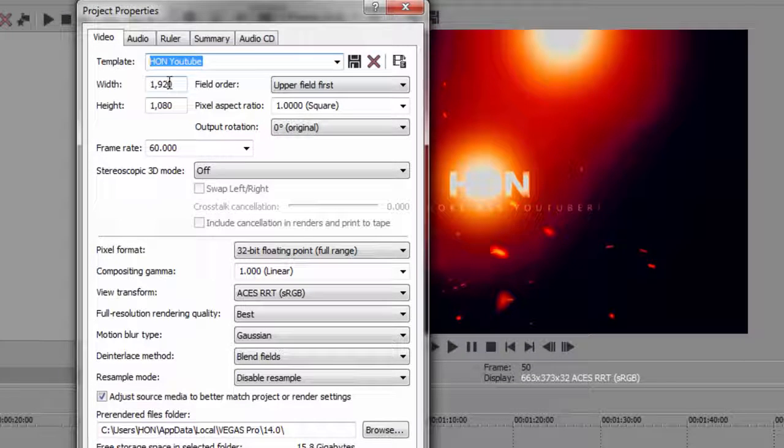So let's get started. It's 1920 by 1080. That's the same aspect ratio of the video that I put in, and it's lining up with my settings pretty nicely. Now, what's the problem? The problem is I have 60 frames per second when I should have 30. We're gonna change that to 30,